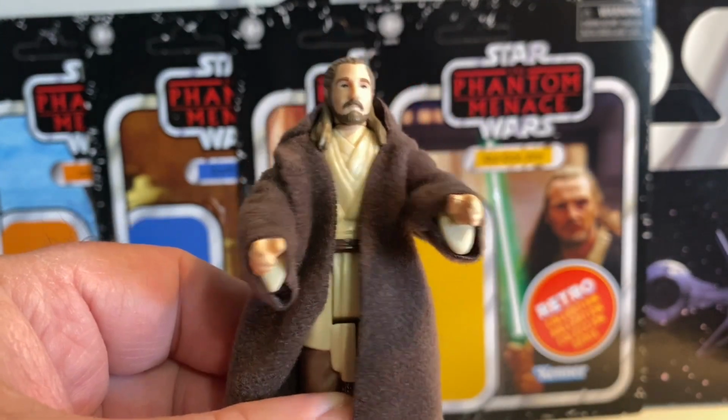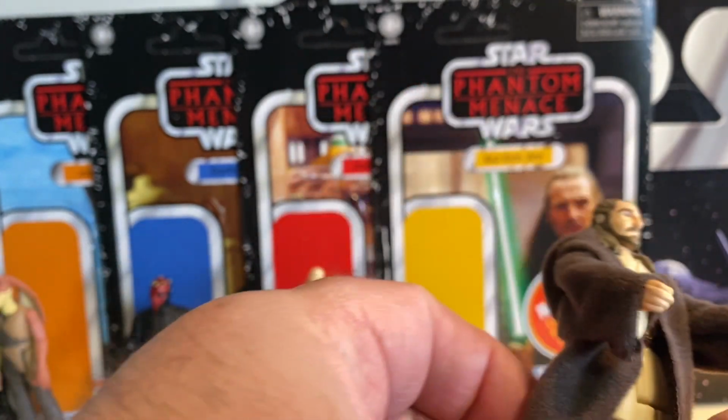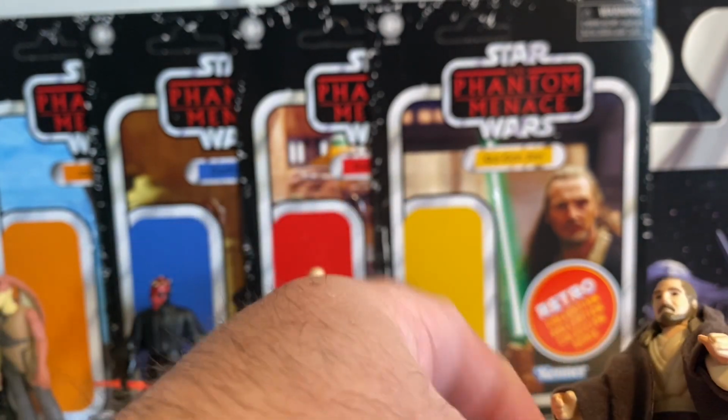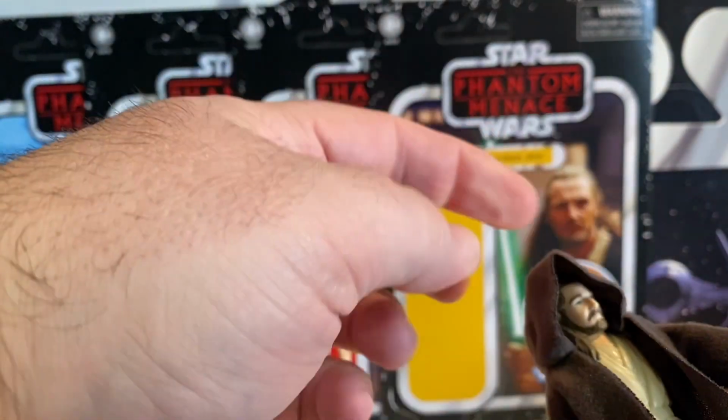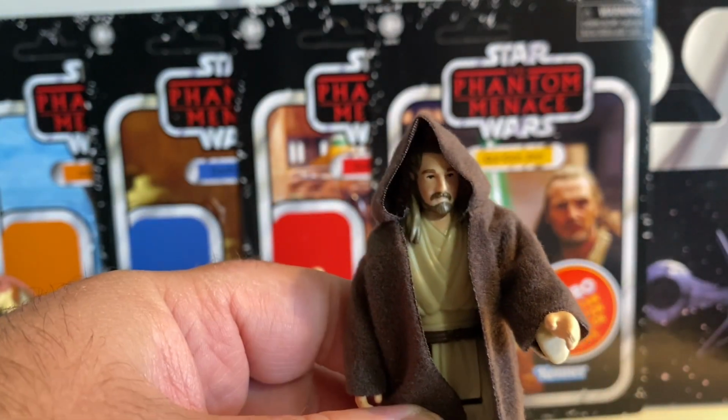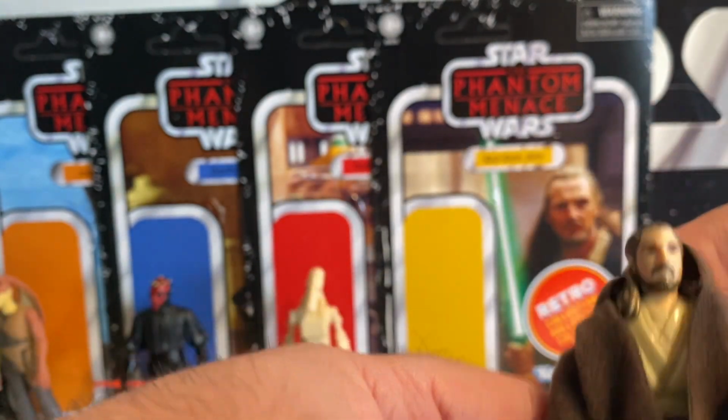Next, we have Qui-Gon, and he is the only one that comes with soft good robe here, which looks nice. It's a nice thick fabric. It seems pretty good on him. I don't know, if we put up his hood, will it look any good? It looks okay, not great, but...